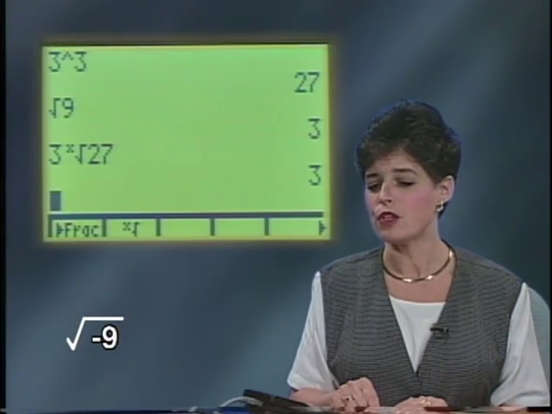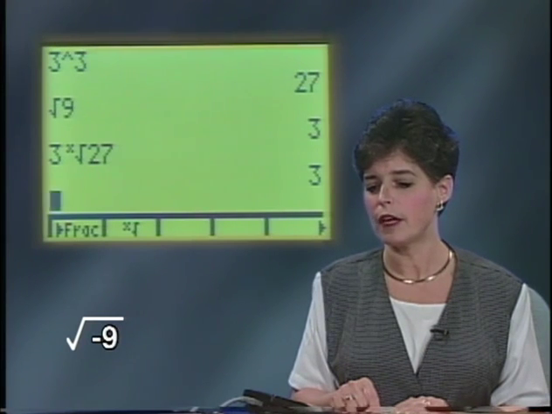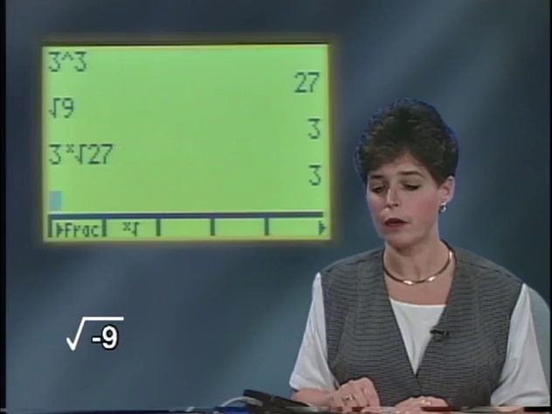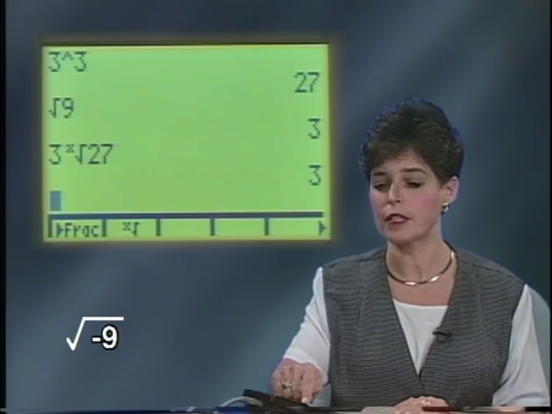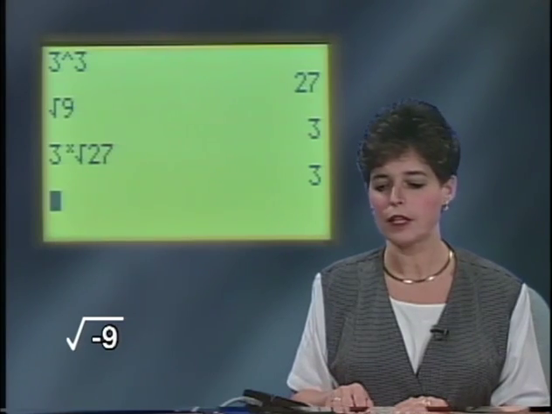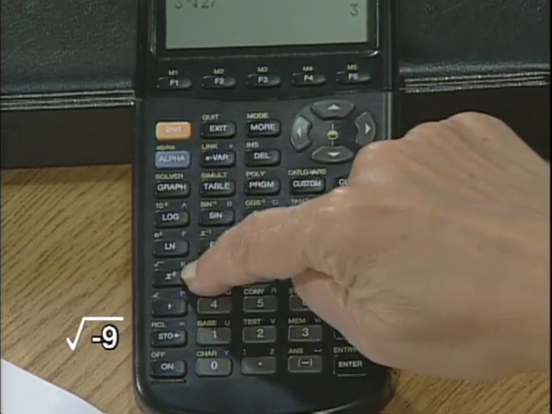Let's do the square root of -9. Now I don't need that xth root anymore. I can either leave it on my screen or get rid of it, and I believe I'll do that at this time by pressing the exit key. Okay, let's do the square root of -9 with second, square root over here,